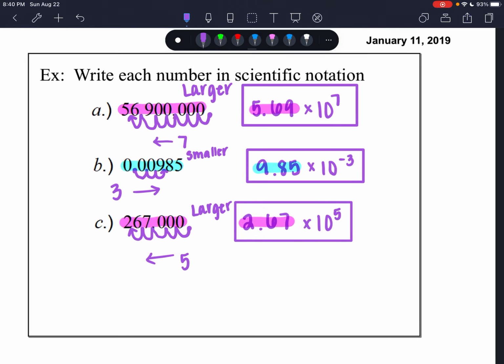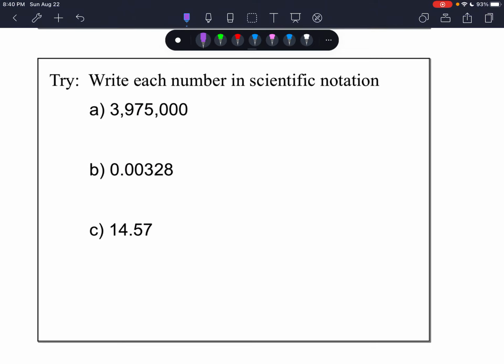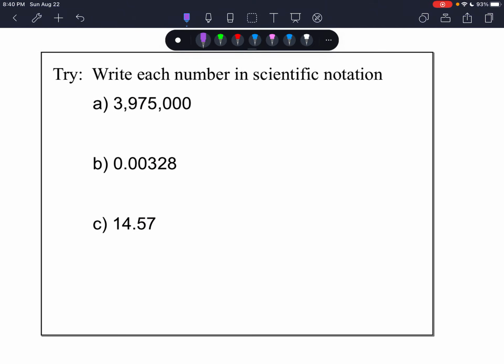Now that we've done several examples together, I'm going to have you pause the video and try these next problems without me. When you're ready to check your answers, unpause the video. All right, I'm going to assume if you're listening to this, that means you've paused and attempted these without me and you're ready to check your